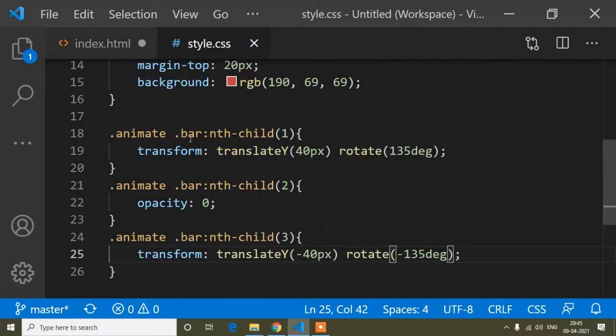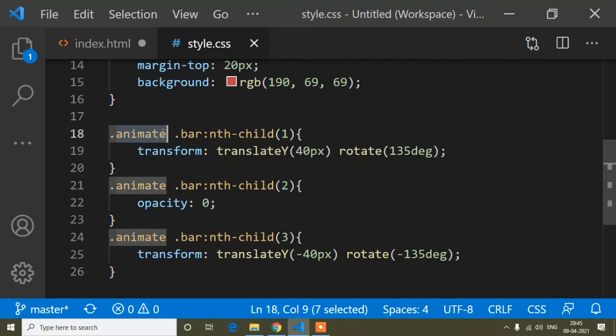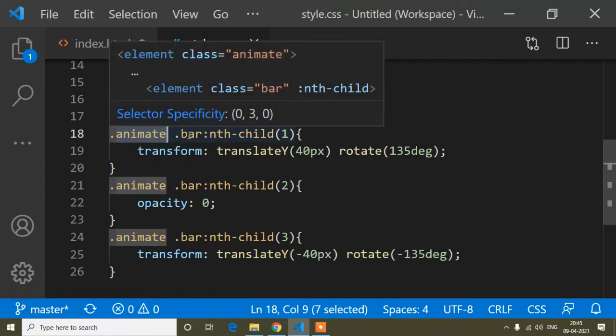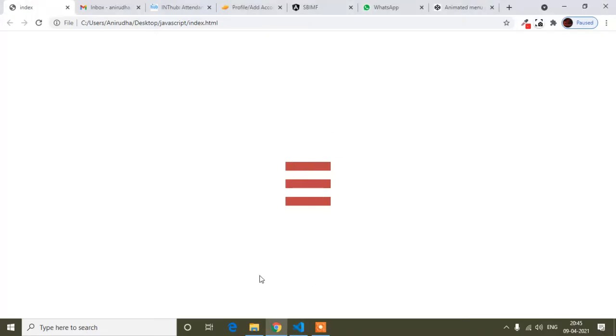So guys, animate is another class that I have added, and that class I will use in our jQuery method. So when I click, that class I will add to our bar. When I click here, that time the animate class will be added to our menu.